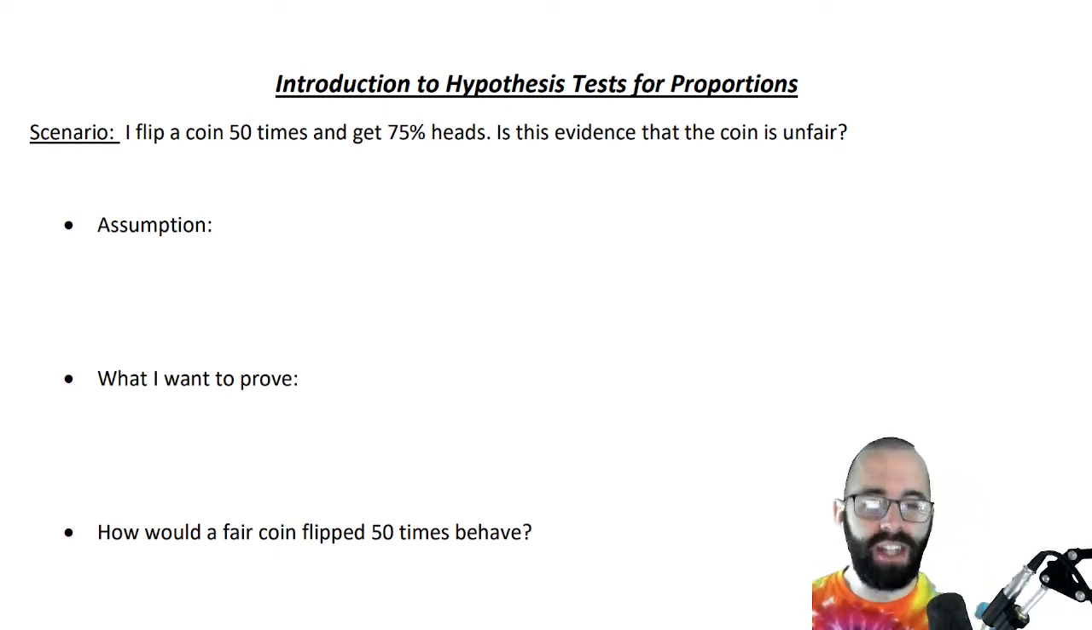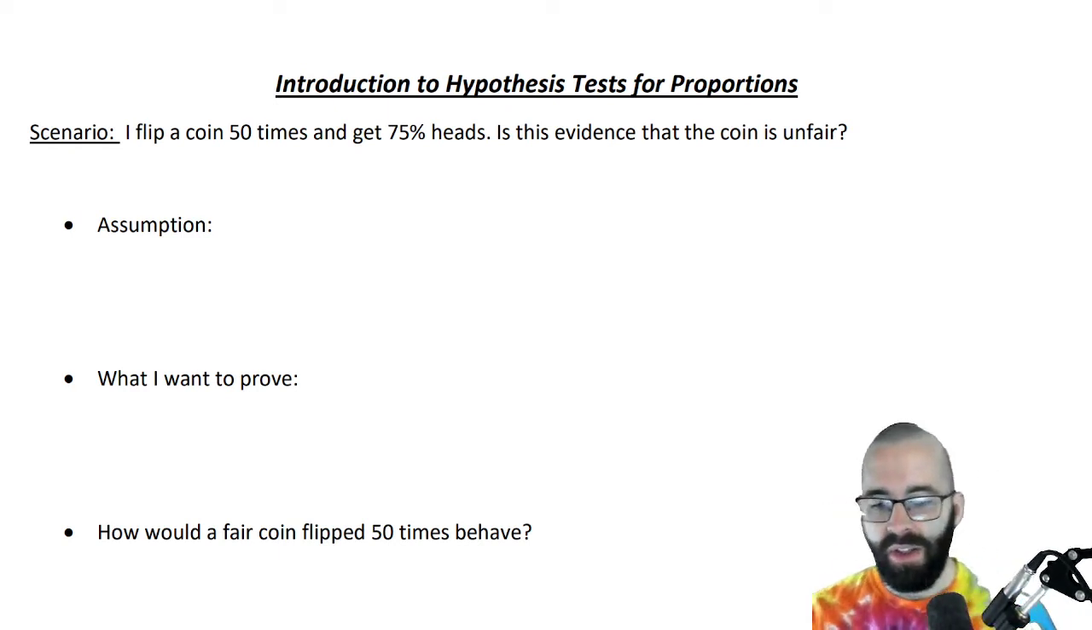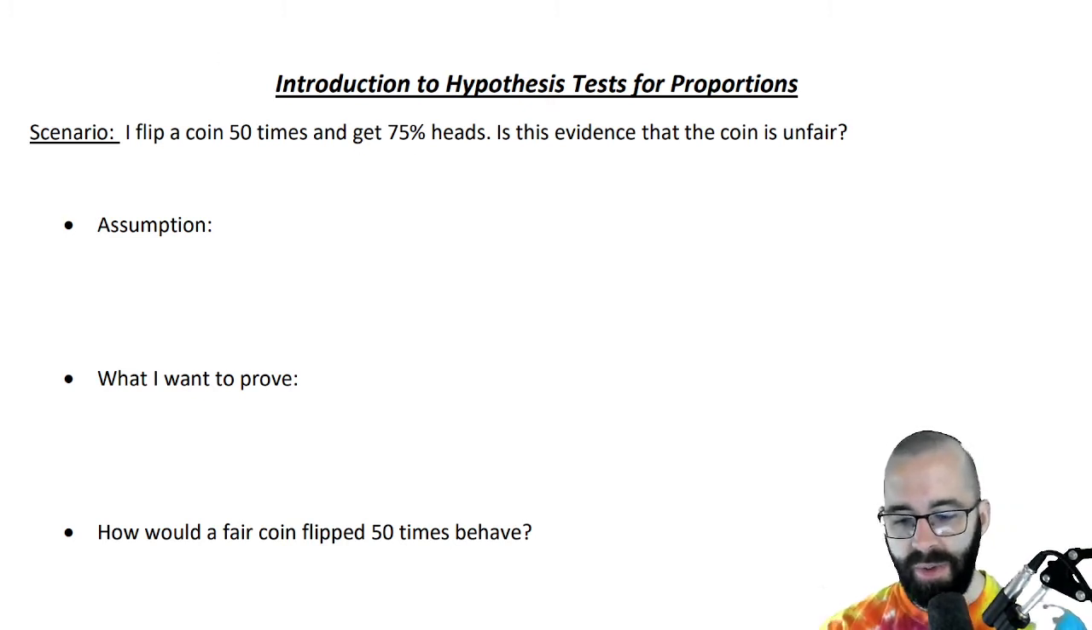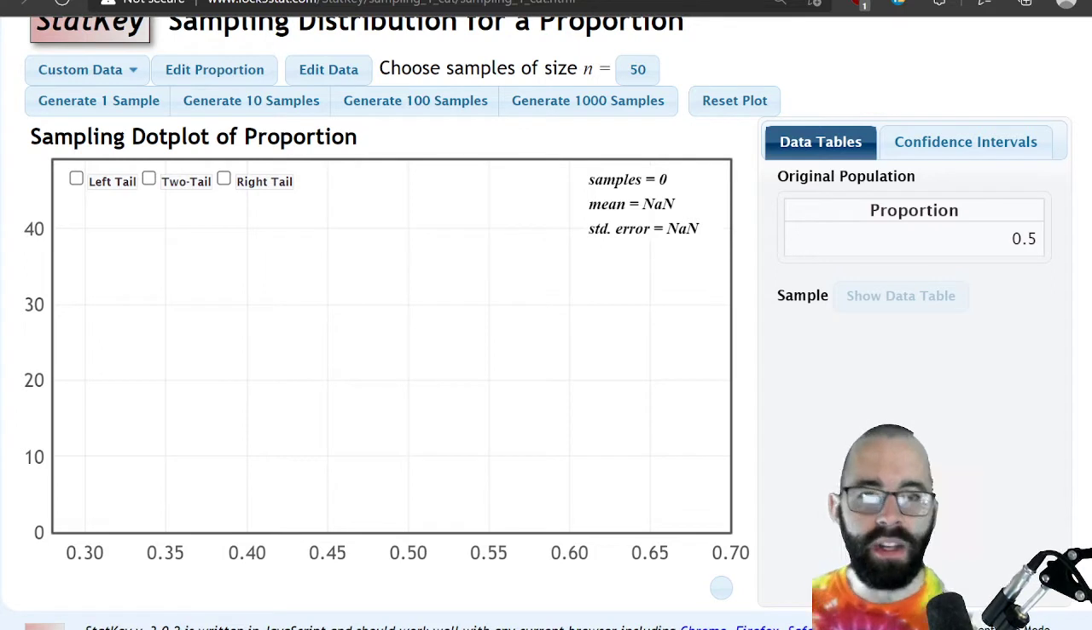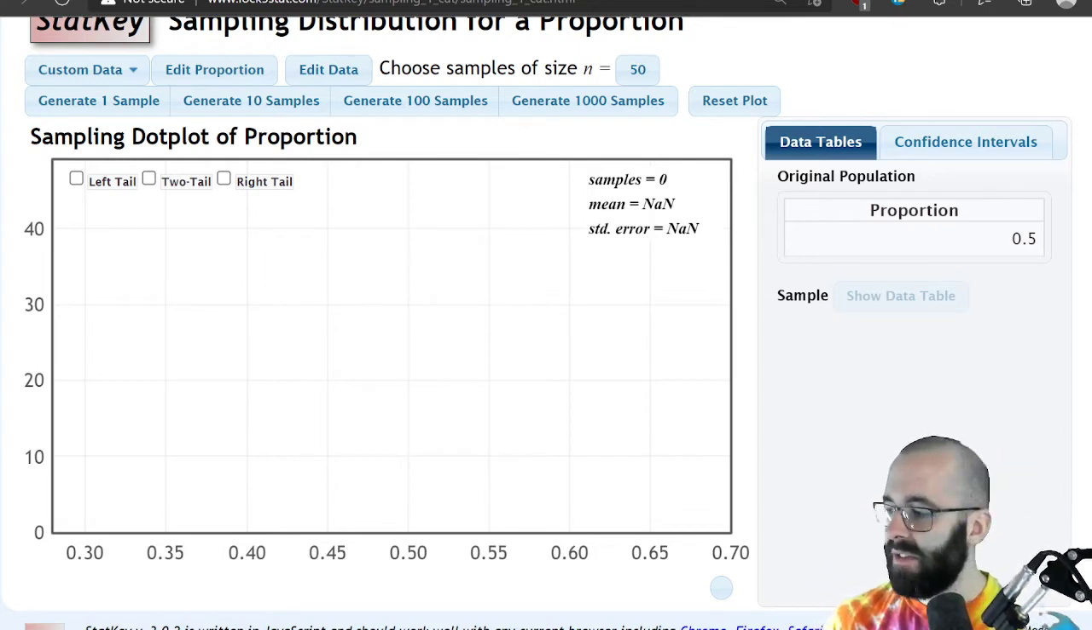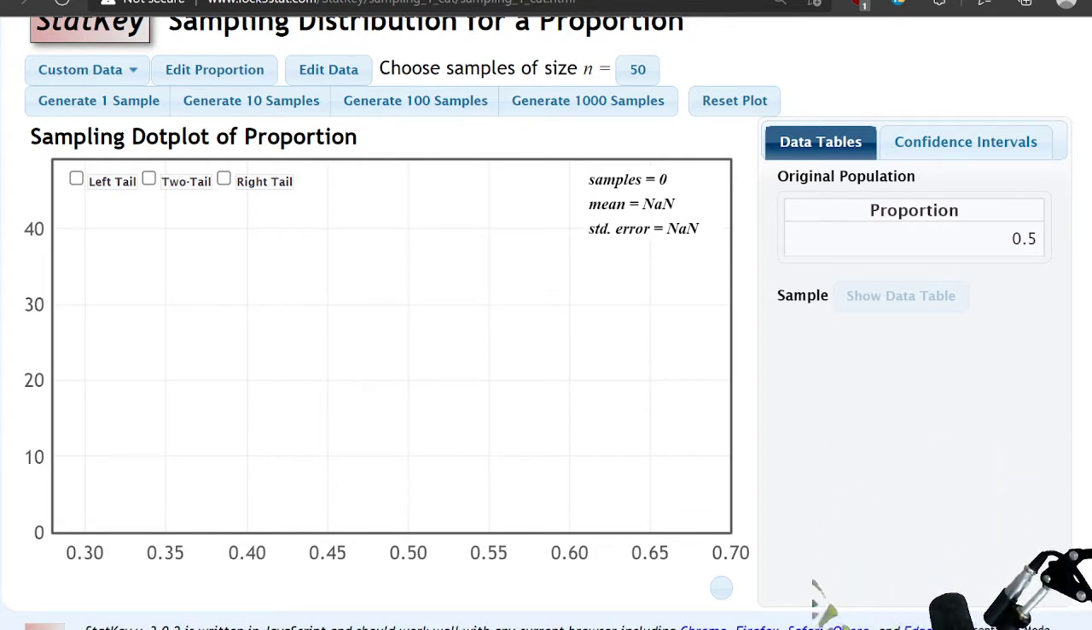with a tool that we've used earlier with sampling distributions, right? If we're flipping a coin, if it's fair,